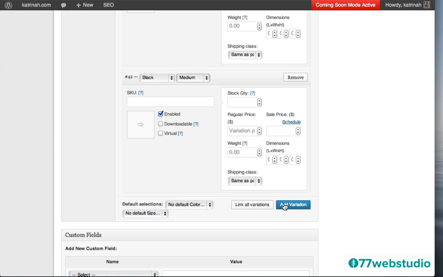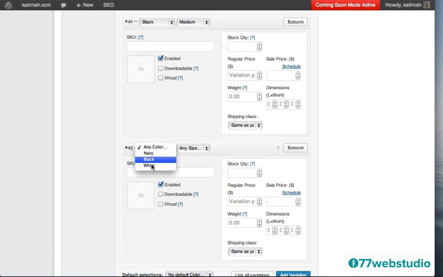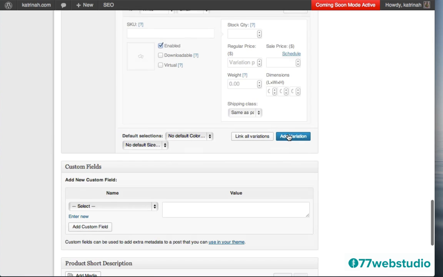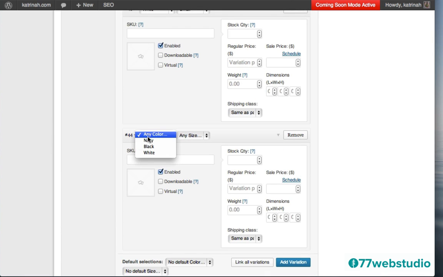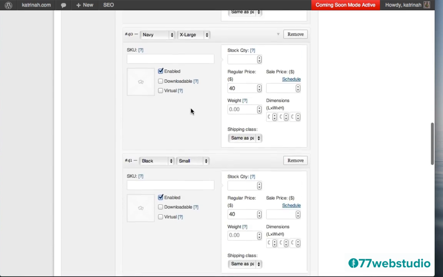So we have one more color, so I'm going to click on add variation. And this time I'll add the white color, so I'll make it white. Any size, I'll make this also small, add a variation. Also, once again, white, any size, I'll make it a medium, and again, in the essence of time, I'm not going to add these other two, but if I wanted to add white in those two, I would go through the same process of clicking on add variation, and I would add them in white, and then I would add them in large and extra large. So I'm pretty much good on all my variations, so the variations are set and ready to go.